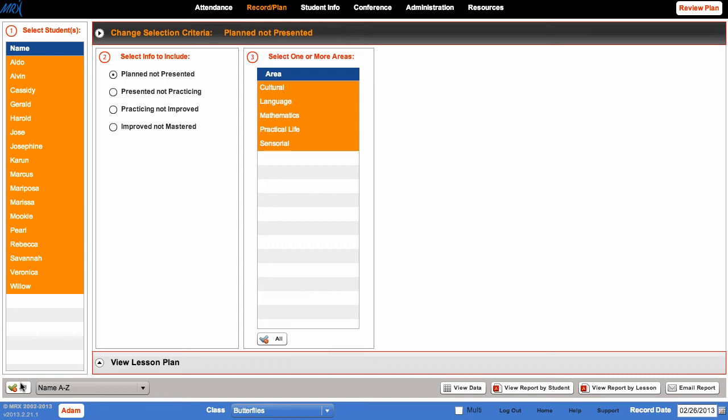MRX will display all of the lessons that you have planned on the Record Progress screen but have yet to present. Essentially, this gives you a to-do list of presentations. This could be for the upcoming couple days, week, or even month if you plan out that far. By consolidating the lessons on this screen, this could dramatically reduce the time you spend searching for lessons on the